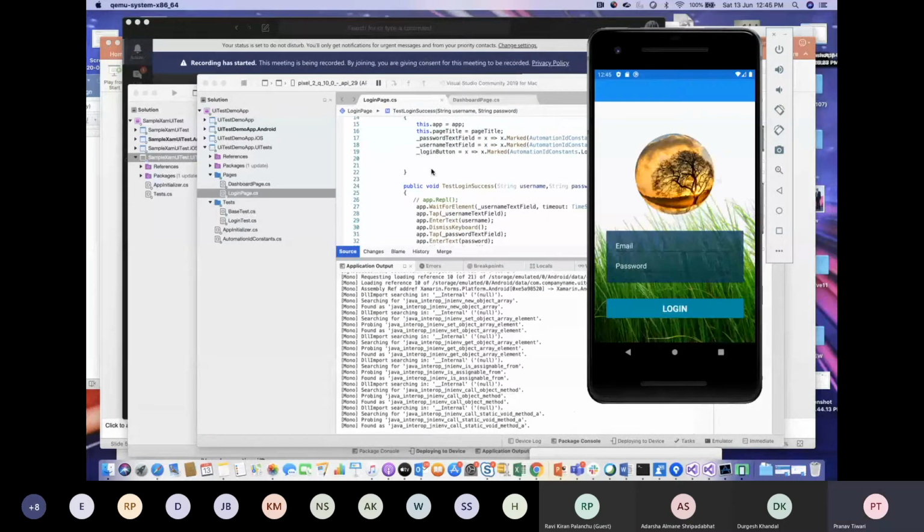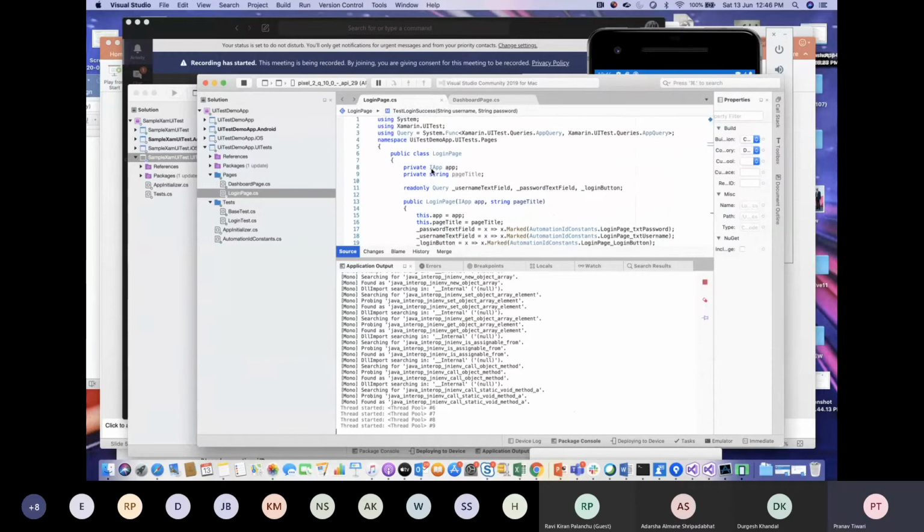It's a simple app. Normally we put in the email ID and password and try to log in, and after that a dashboard screen appears where we show the success message to the user. So we have automated this flow. Now we are going to see how this works.